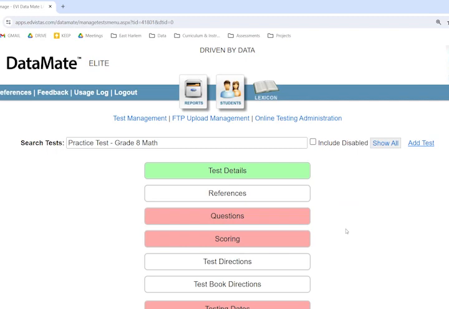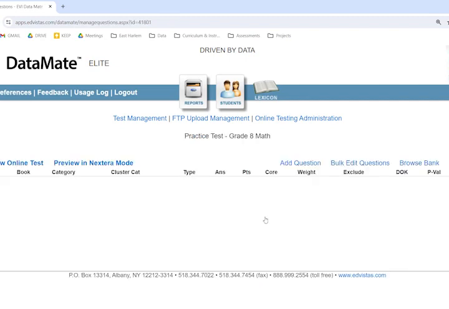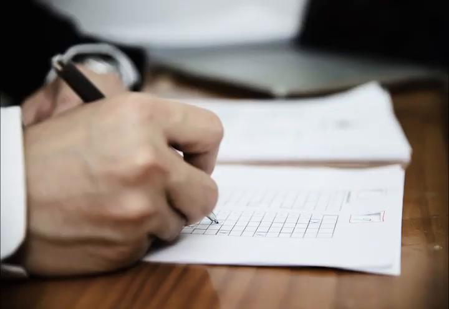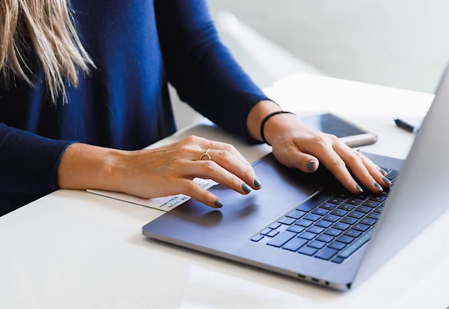So the next step would be going into the questions. As you can see, there's nothing here right now. At this point, I can add test questions one by one, or I can bulk edit questions, or I can browse bank for questions. Let's say that you already have a paper test in front of you with an answer key that you're simply transferring into